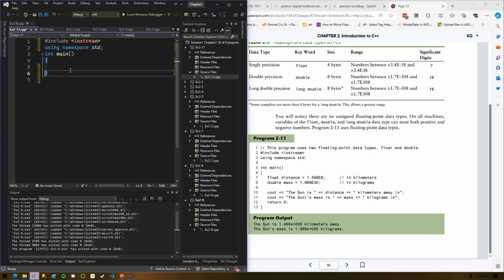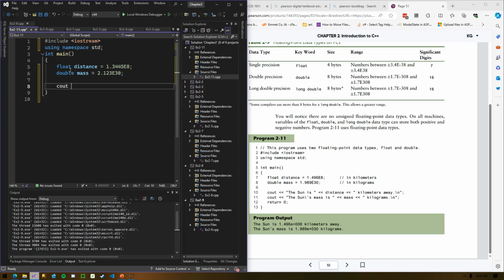Just to prove to you that we can type values like this and not have the compiler complain, float distance equals 1 point some number E8, or times 10 to the 8th. Double mass equals 1 point whatever, 2 point whatever, E30. And the example has some fancy, like the sun's distance, the sun's mass.